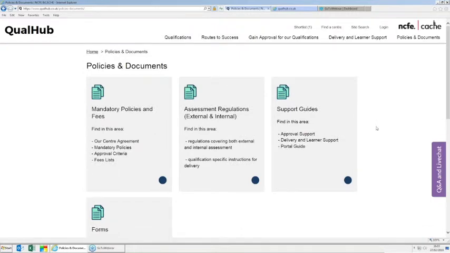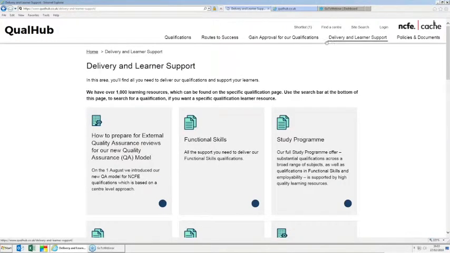So something else that you can do through QualHub is to request to be set up on online assessment. So if you're a centre that's delivering our functional skills suite, then you might be interested in having the option for your learners to sit their external assessments online rather than paper-based. And to do this, you can download our online assessment software. So to request this, you just need to go back to delivery and learner support,